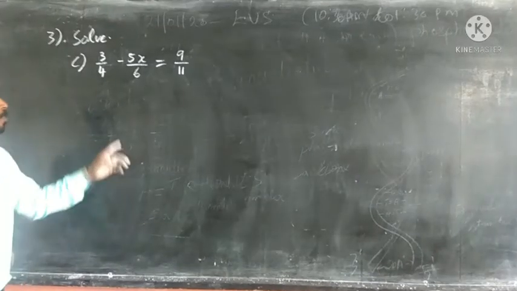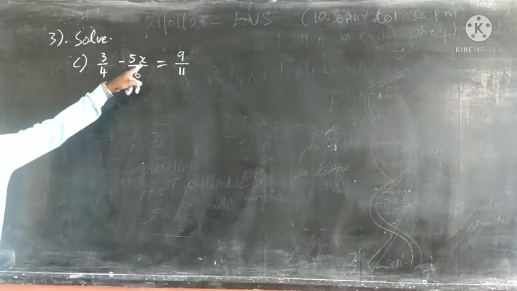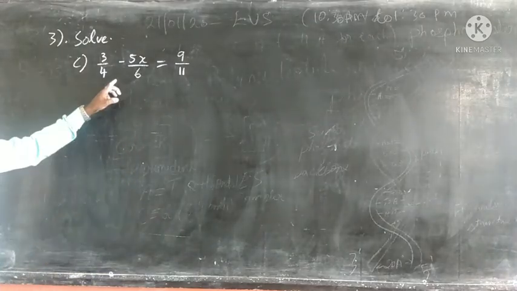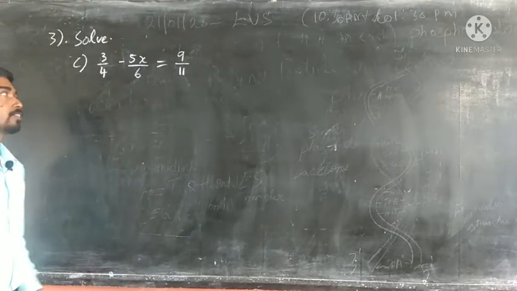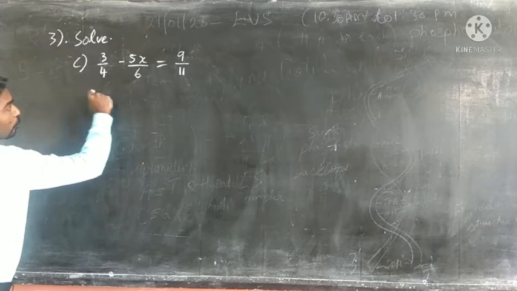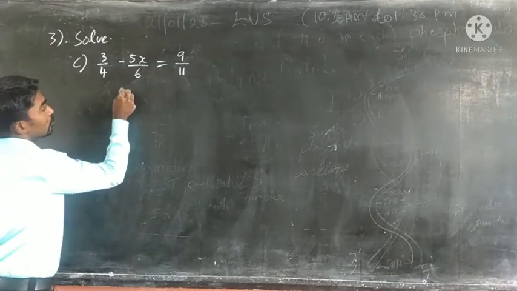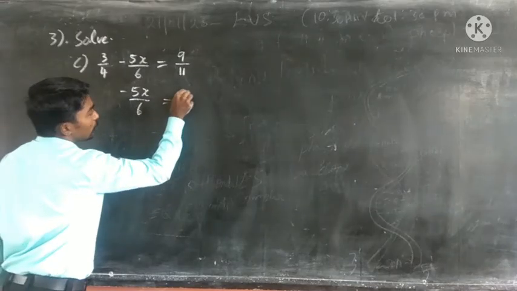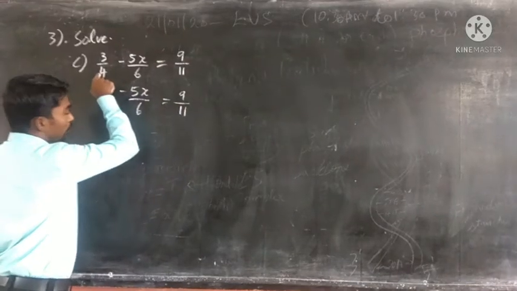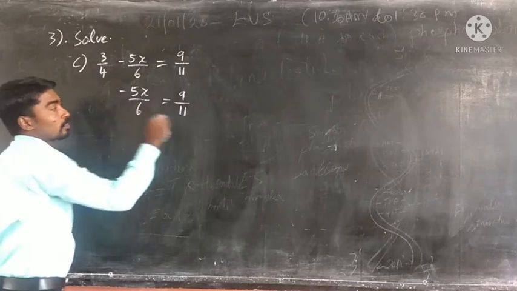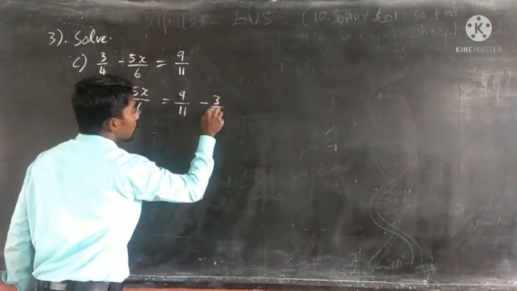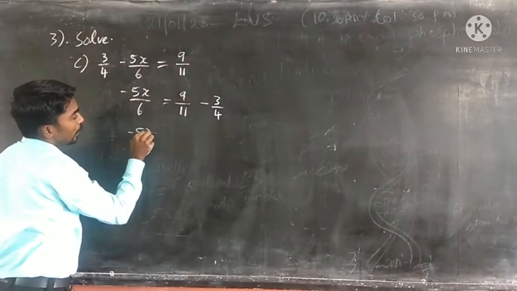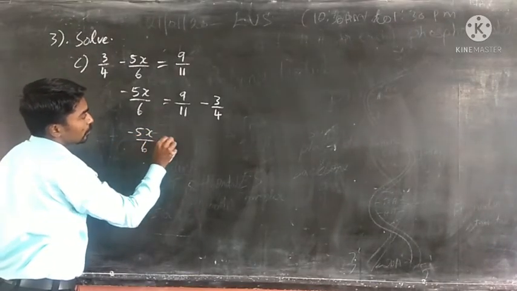Next subdivision. 3 by 4 minus 5x by 6 is equal to 9 by 11. Actually, we are going to find the value of x. So 3 by 4 we can take to the other side. We get minus 5x by 6 is equal to 9 by 11. If we take plus 3 by 4 to the other side, we get minus 3 by 4. Simplify. The minus 5x by 6 is equal to